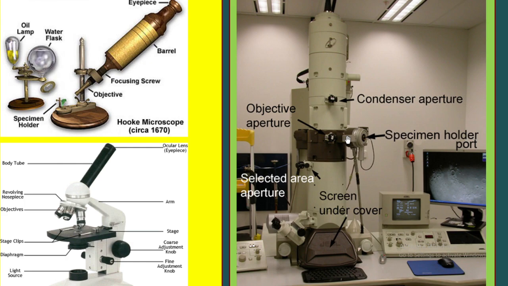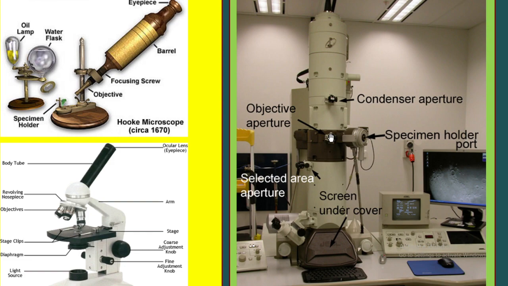You cannot look at live, living cells under the electron microscope because the electron beam is high energy. The visible light is no problem. Does any living organism have a problem with visible light? No, sir. But the electron beam is very high energy, and therefore any living organism can have its DNA and cell structure damaged. So we have to fix it. We have to kill it, make some sections, fix them, and those we will be observing here. So the beam is going to hit that sample.